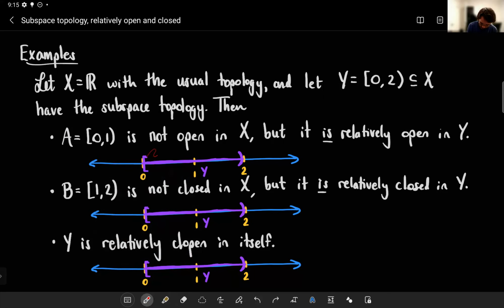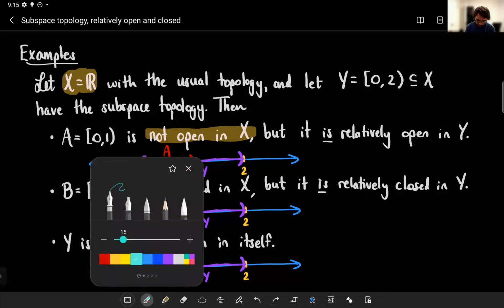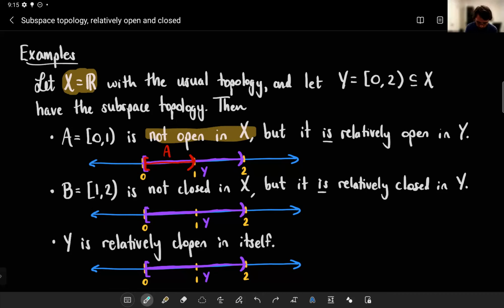Where is that going to sit? Well, that's going to be right here. It's A. Note it's certainly not open in X. It's not open in the real number line because, hey, it's closed on one side, right? However, it is relatively open in Y. Why is that? Well, you can see that it's actually the intersection of some open set in X, call it U, intersected with Y. If I take that teal set U and intersect it with Y,